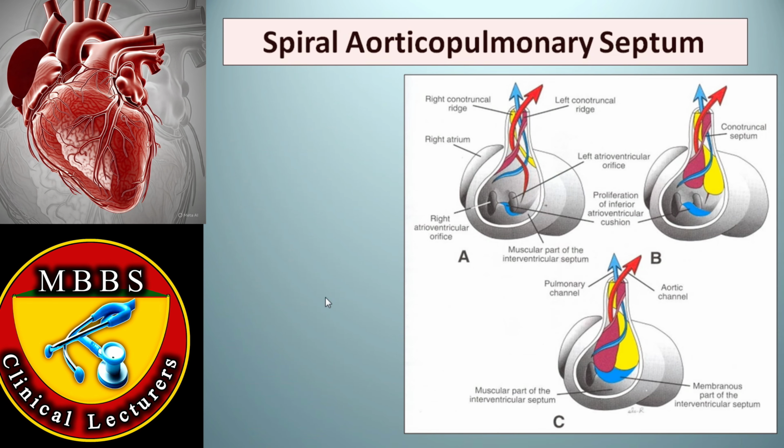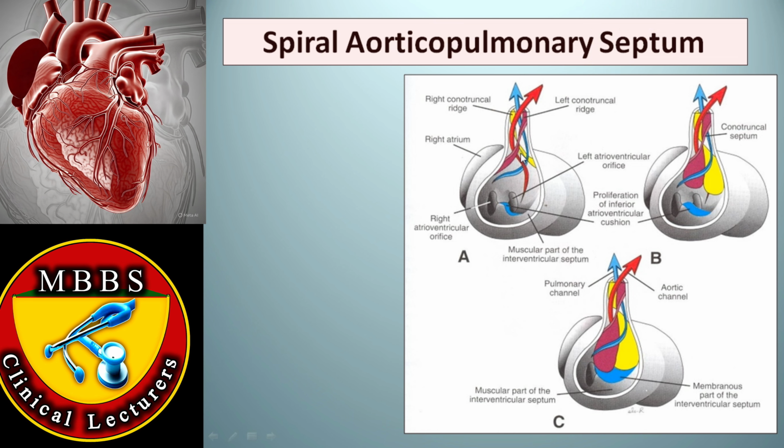Now the partitioning of the truncus arteriosus. Truncus arteriosus is the cranial part of the bulbus cordis, and that is the arterial end of the arterial outflow tract of the primordial endocardial tube. This is the same portion of the endocardial tube where the arterial end was, and it was interconnected and canalized with the dorsal aorta. So it divides into 2 by the